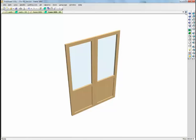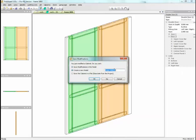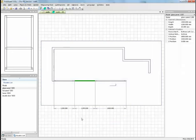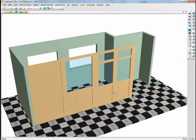So let's save this now, and this will be saved as a new model which we will call double door. I'm going to call this double door 180. And now it appears in the models list. Let's take the double door 180 and clip it onto the framing, and we see that we have here